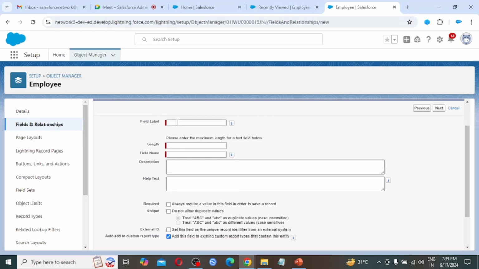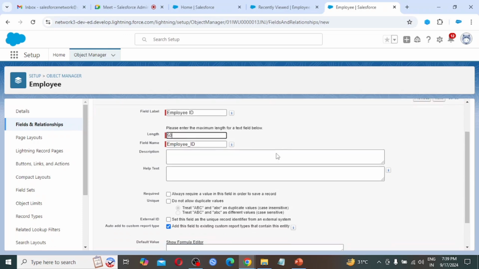Here I am putting employee ID as the label. When we press tab, the employee ID field name is automatically generated. In the field name there can't be a space, so it adds an underscore. For length I am going to provide 50; I could go with 20 or 25.